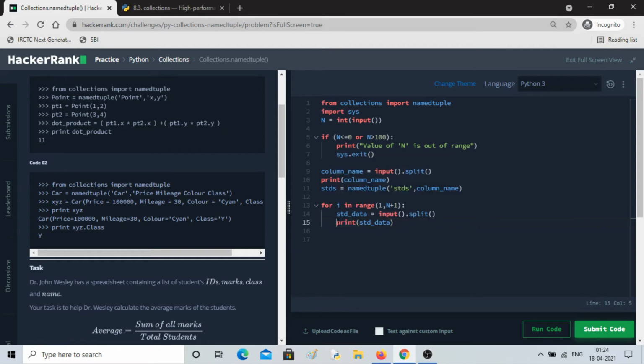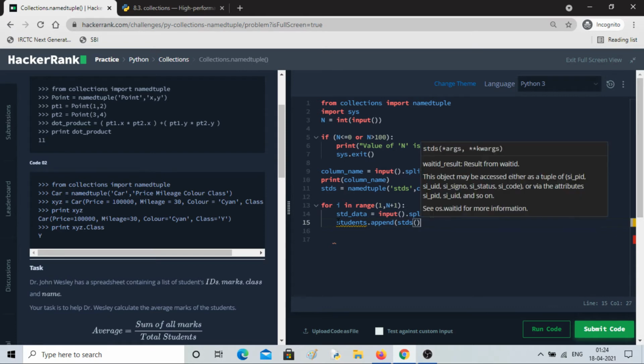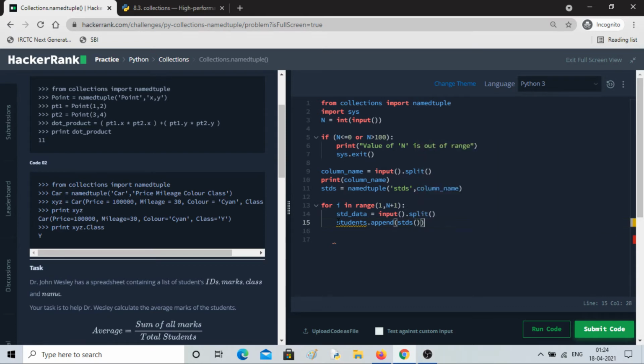So what I'll do is I'll use students, my new variable, and I'll append the data. Students, and I'll feed the input. Students, I'll define here like this, everything will be fine. Now I have to give this guy input.